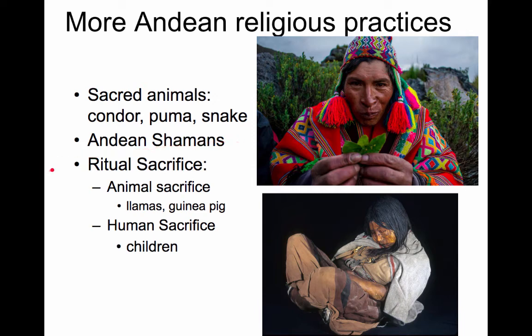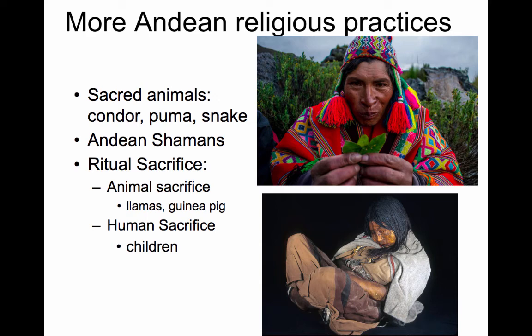Also, the Inca did do sacrifice. They did not do it nearly as often as the Aztec did. When they performed sacrifice, it was usually animal sacrifice. So they would sacrifice llamas and guinea pigs most often, as they were two animals that were indigenous to the area. When they did sacrifice humans, sadly, they usually sacrificed young people, mostly children, and a lot of like younger girls, which are children.